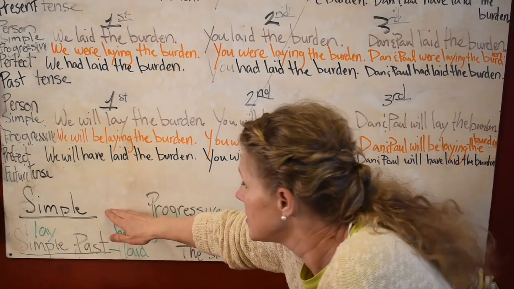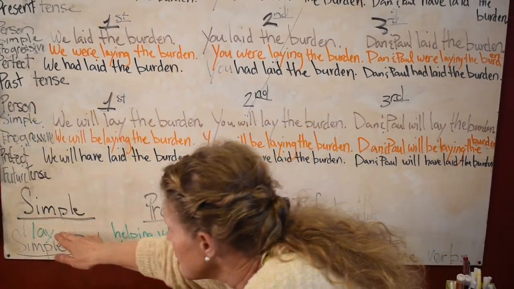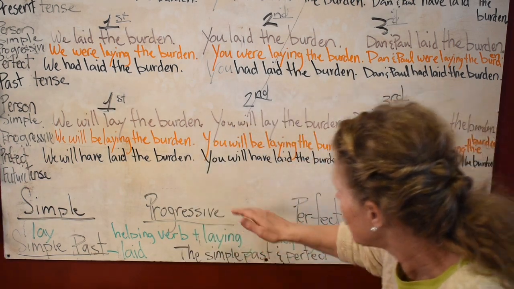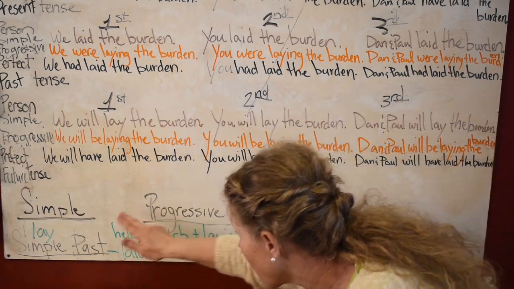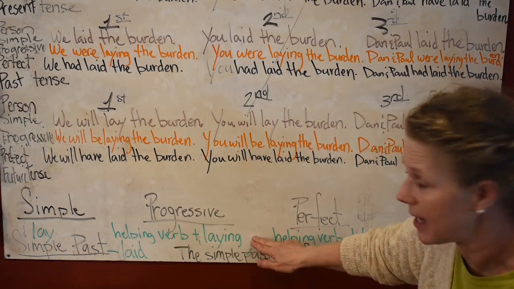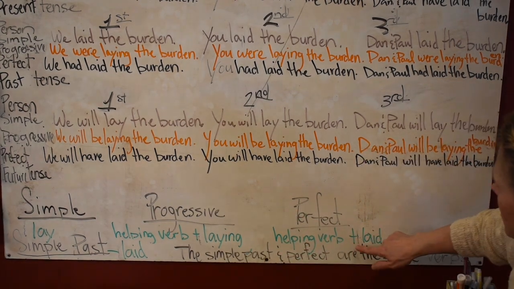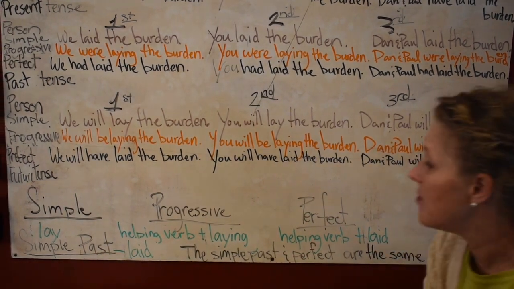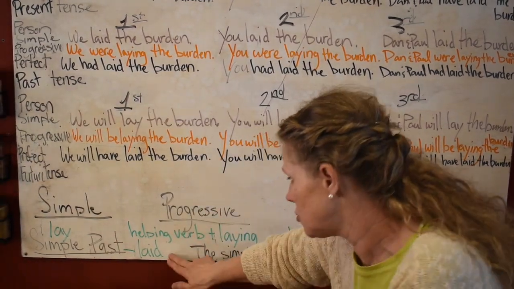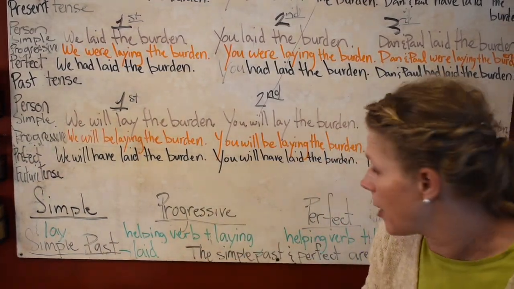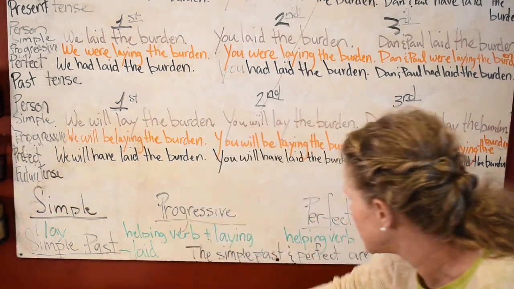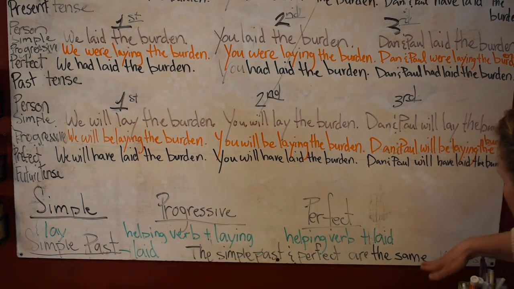We have simple is just lay. Your progressive is your proper helping verb plus laying. Your perfect is the proper helping verb plus laid. And then in your simple past, you just use laid. You do not need a helping verb when you're in the simple past. Now the simple past and the perfect are the same